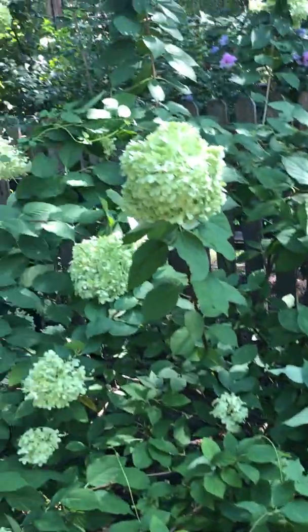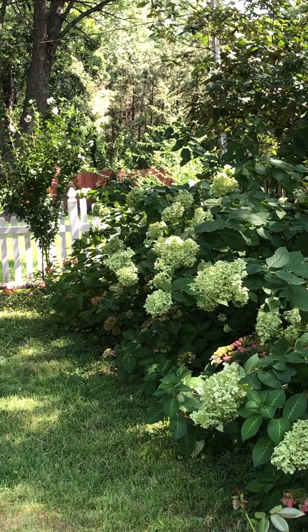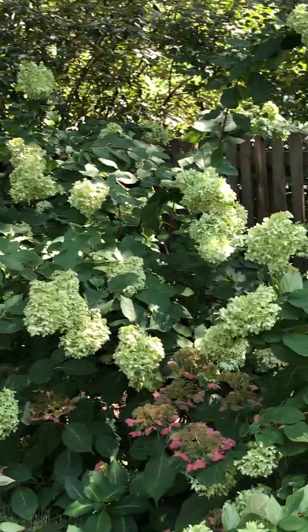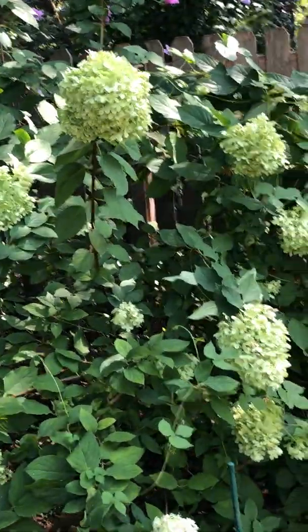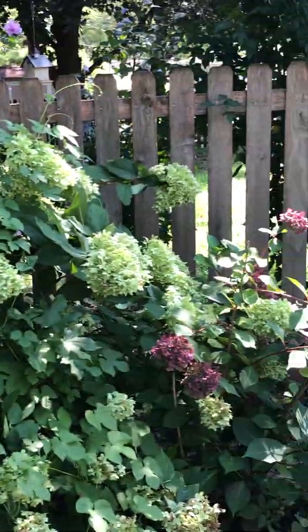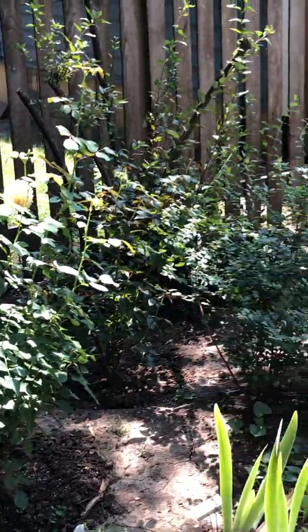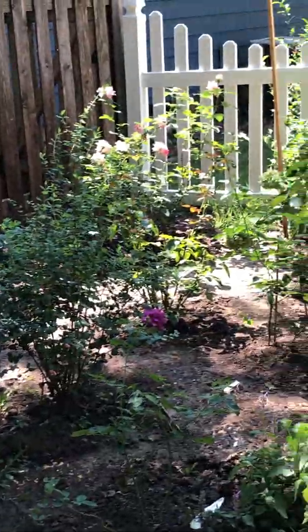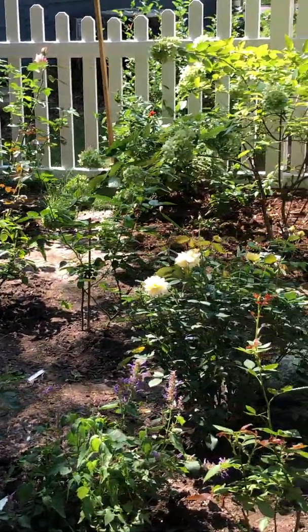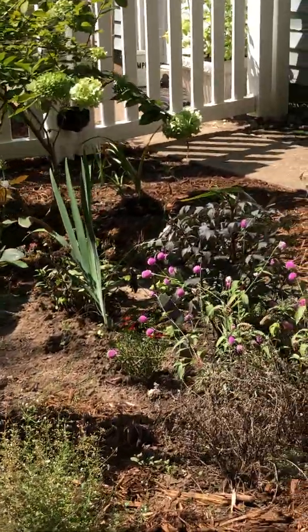So that's it today for blooms, really. I do have other blooms in the yard, but these are the ones that are the most notable. Of course, the hydrangea hedge is always notable once it starts to really bloom. And then all of the roses, pretty much done. A couple more things I have to plant this year, but not a whole lot, so pretty much done. Oh, let me show you this,